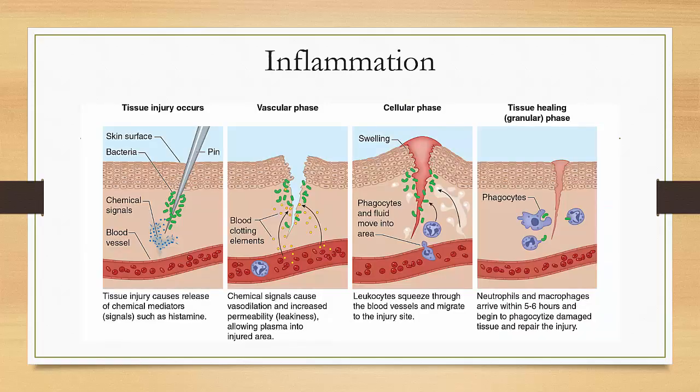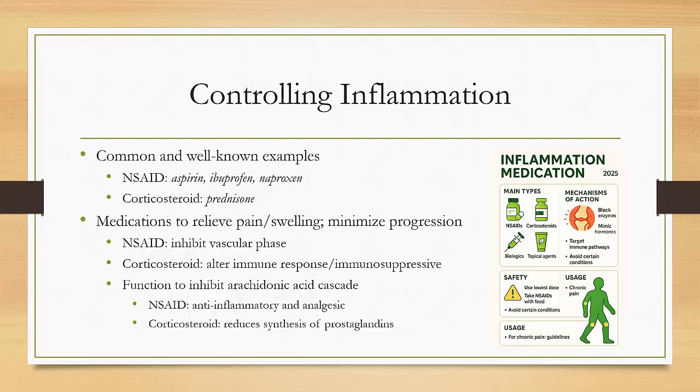This is figure 9.1, illustrating the major events in the acute inflammatory process. Controlling inflammation. Many drugs are available to decrease joint pain, swelling, and inflammation and possibly prevent or minimize the progression of the inflammatory response. The two major categories of anti-inflammatory drugs are as follows: corticosteroids, such as prednisone or hydrocortisone, and nonsteroidal